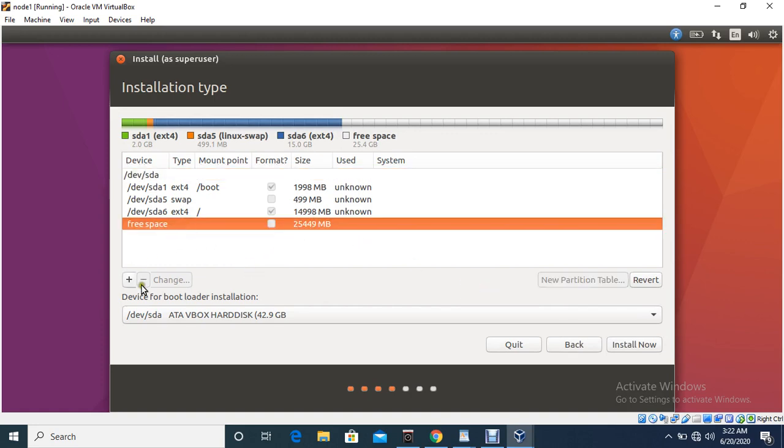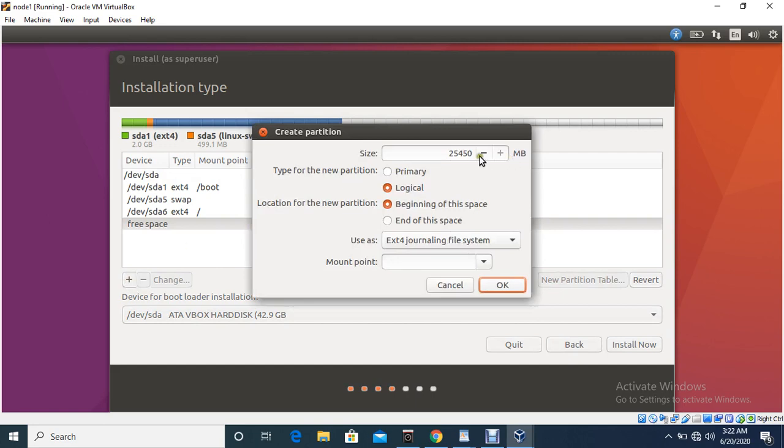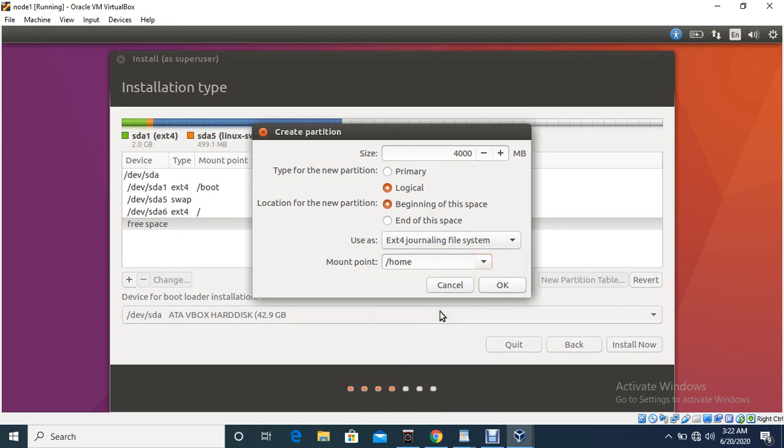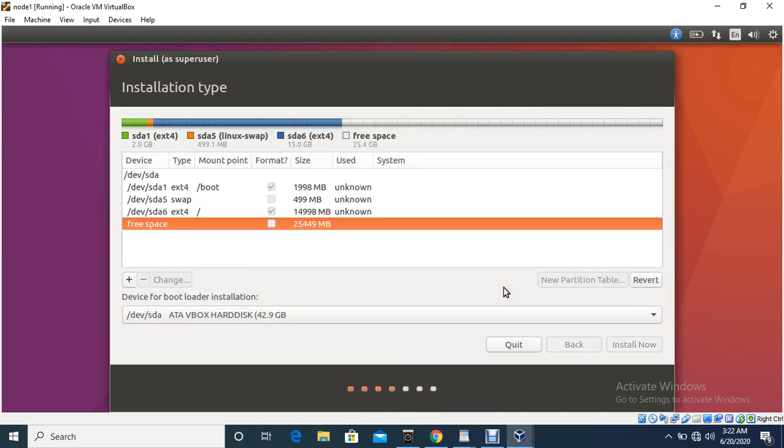Now let me create the home directory. For home, I'm going to give 4 GB, and then same like logical, and then you have to select the ext4 file system type, and then select the mount point /home. So /home is basically storing the user information, the user home directory.